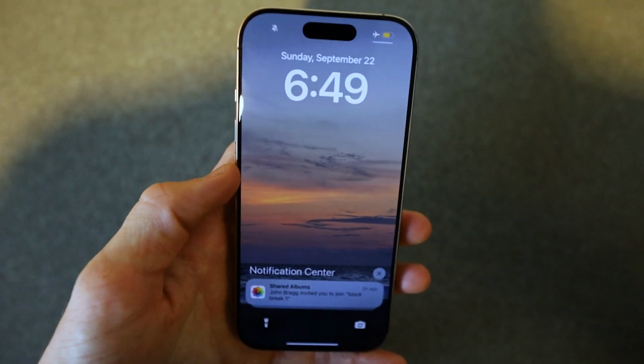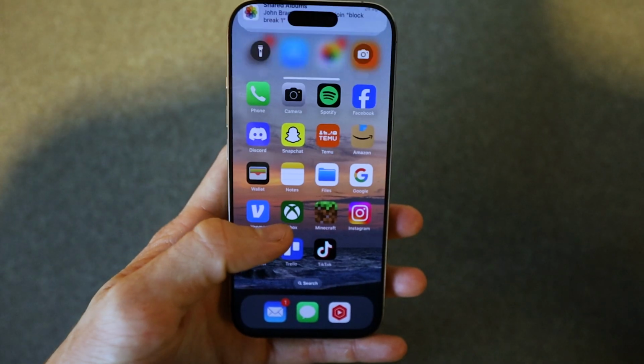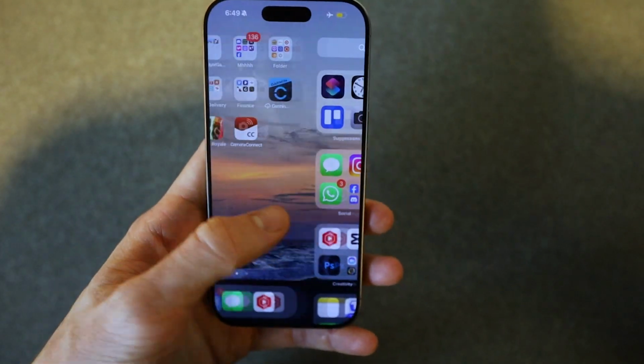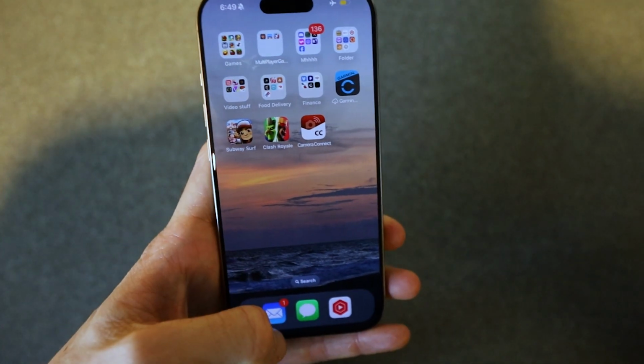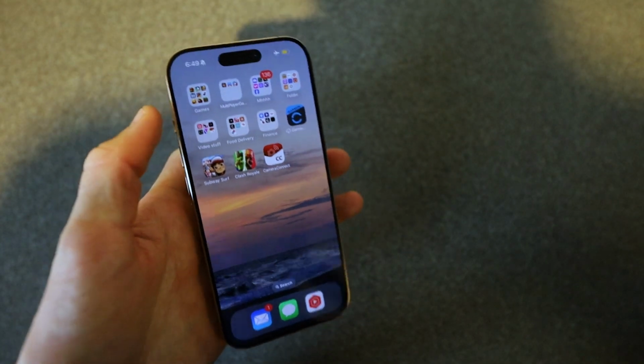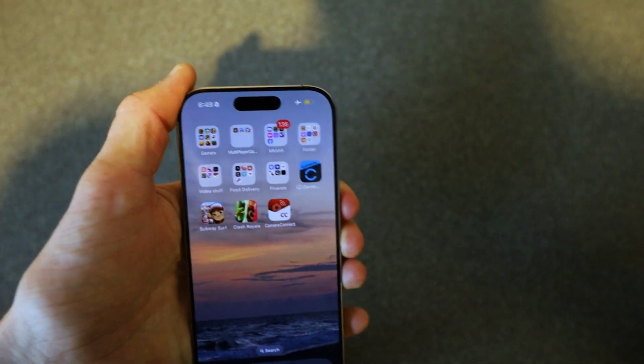In this video, I'm going to be showing you how to delete a wallpaper. As you can see, I have wallpaper right here on the iPhone 16 Pro Max. It's really easy to do. Now, it works on all iPhone 16s, but without further ado, first thing you need to do is